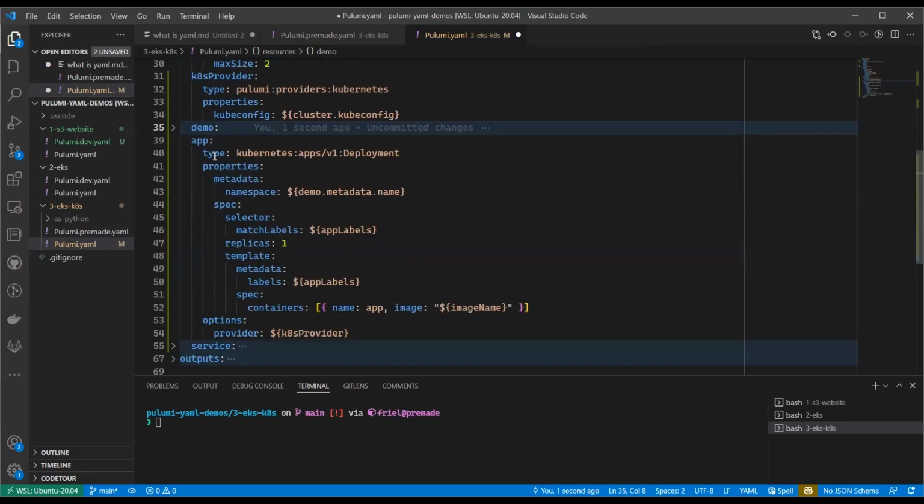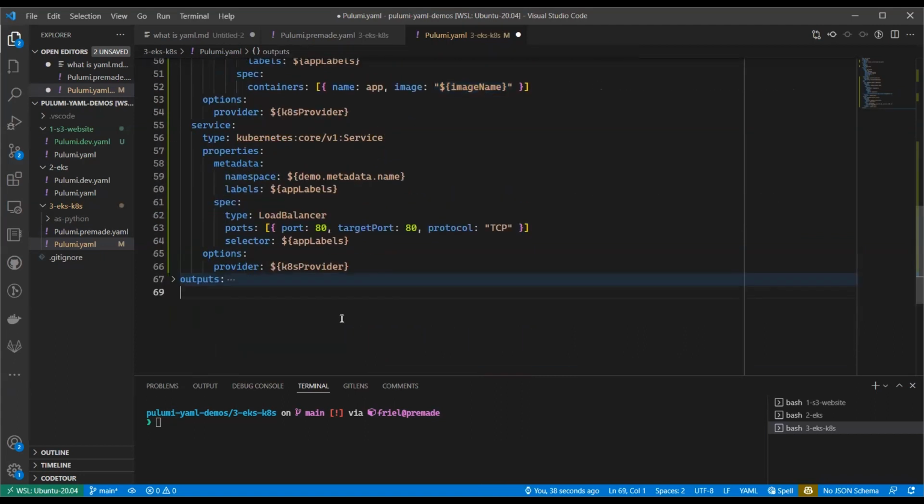The next two resources here should be extremely familiar for Kubernetes professionals. We've got an apps v1 deployment, and the content of this resource, the properties, is almost verbatim what you would see via kubectl get outputting to YAML. The only difference being that we have these app labels, as I mentioned earlier, and the ability to then interpolate in, for example, what that auto-generated namespace name is going to be. So lastly, as well, we have that image name pulled in from our config so that we can have a different image in each environment that we want to deploy to for each stack.